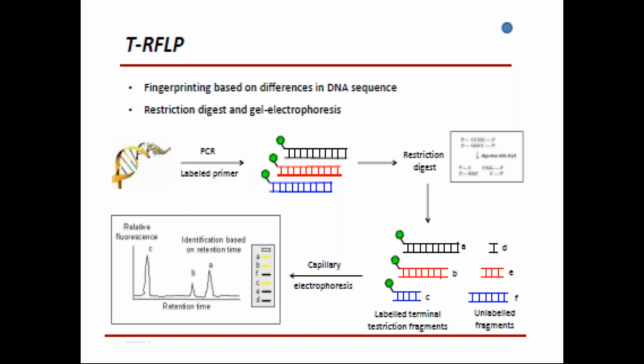In that situation, we cut the whole genomic DNA, and that's why multiple, n number of fragments will be generated. But most of the genomic DNA, 99.9%, is identical. So why should we fragment the other parts of the genomic DNA, which are common in every individual? In TRFLP specifically, we utilize this technique to develop the microbial profile.